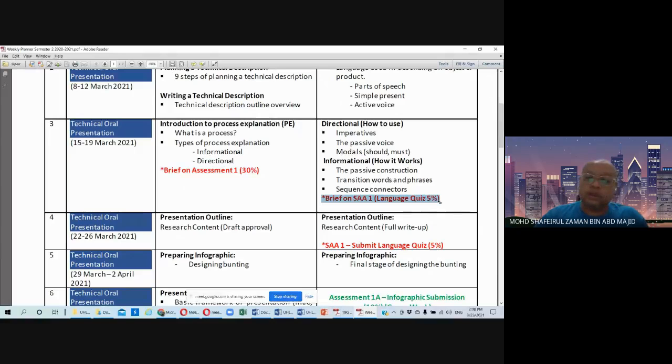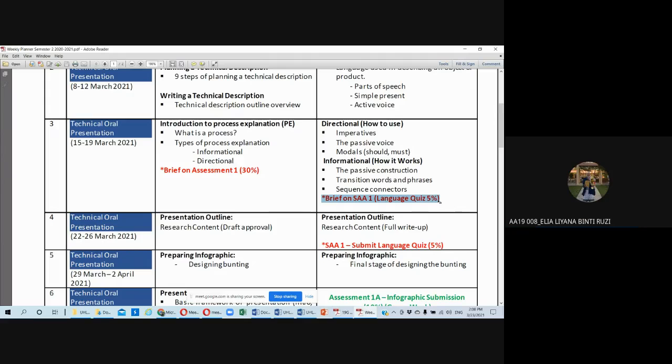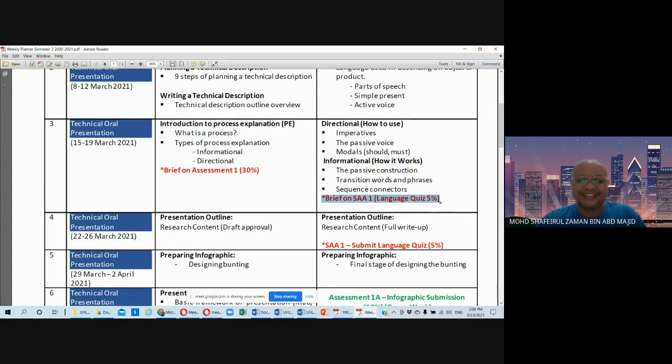I need you to do it, and the due date for the submission will be this Friday, 11:59 p.m. Do not forget to fill in the cover page of self-access activity 1, and put in the marks that you have gotten after you have completed answering the questions.